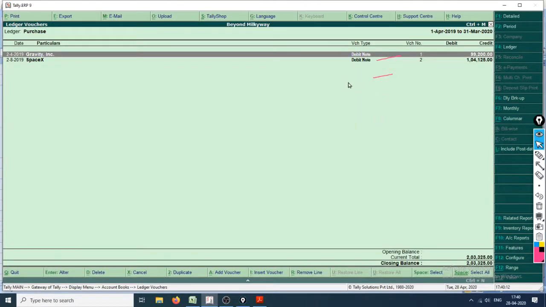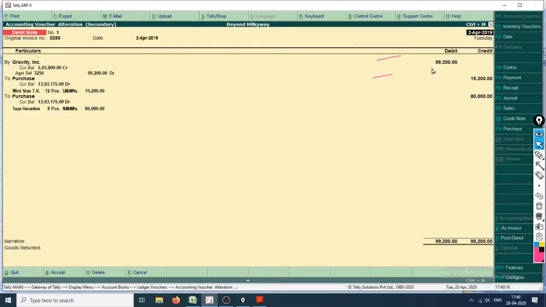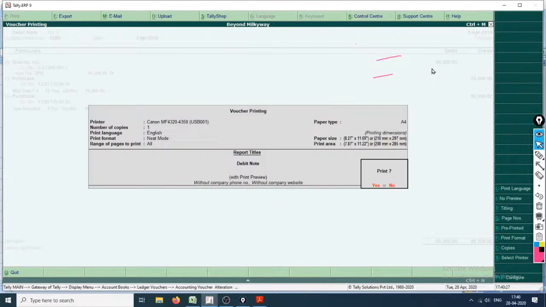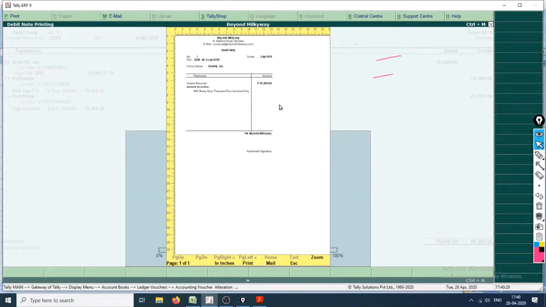Enter till the time you exit it. Right here you can see only debit note entries, and if you open them, this one is the lengthy entry. Let's see what it has when we print it. That is Alt P, print preview.